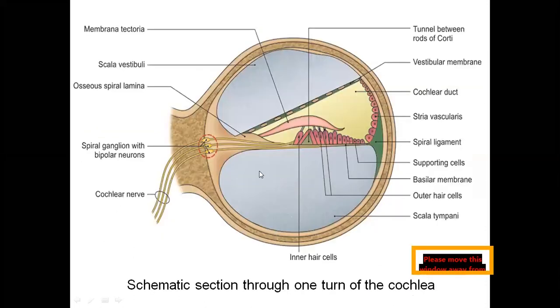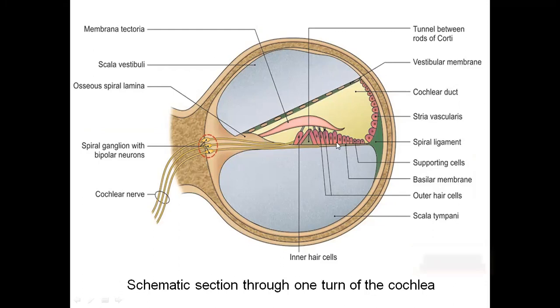You can see inside the cochlea, we have three subdivisions: scala vestibuli, scala tympani, and scala media. In the scala media, this is the basement membrane over which different cells are resting, which are special sensory neurons for the purpose of hearing. So this is nothing but the organ of Corti. This is the tectorial membrane. The outside scala vestibuli is filled with perilymph. Scala tympani also has perilymph. Inside the scala media we have endolymph.